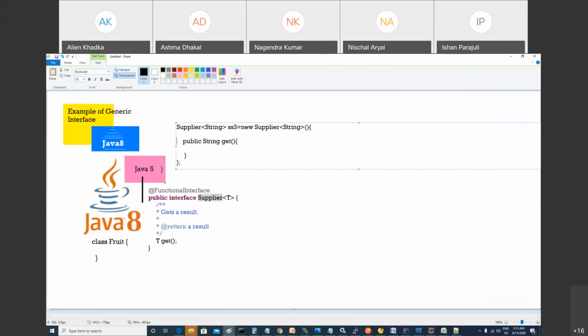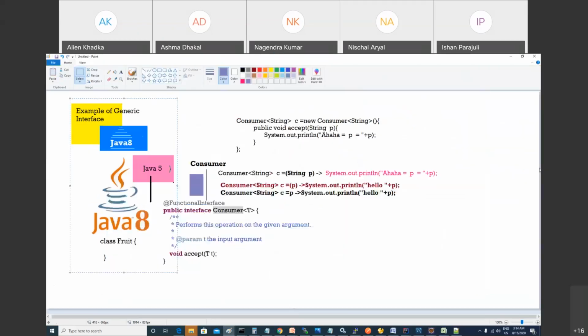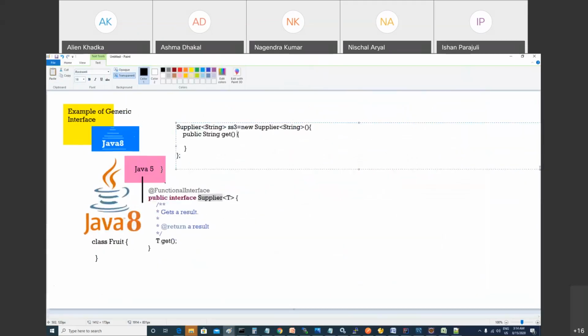It is going to supply the data, right? Consumer is going to consume. What method name was there? Accept. Here you have to return something, right? Return what? String. Asma is right, okay? You have to always return some value in this. Yes or no? Yes, sir.